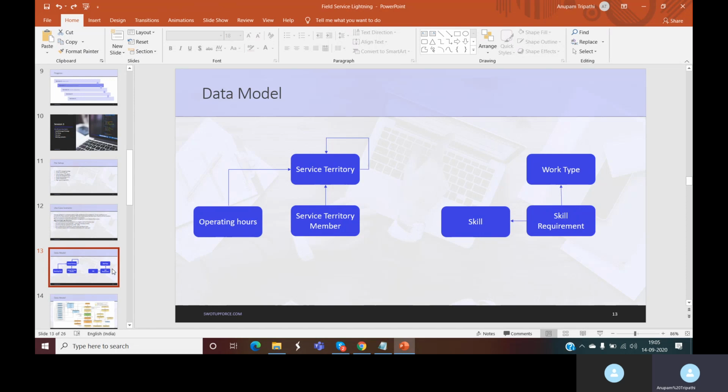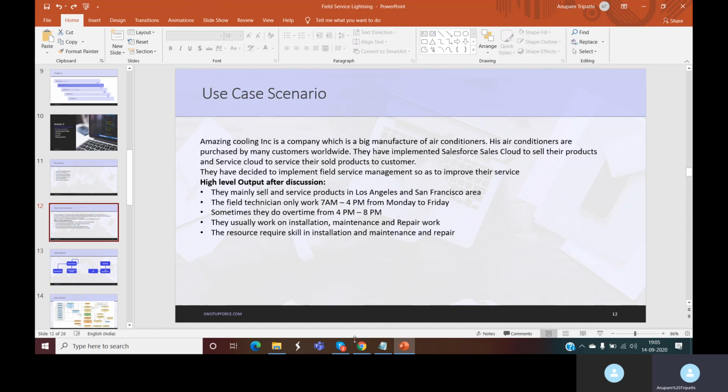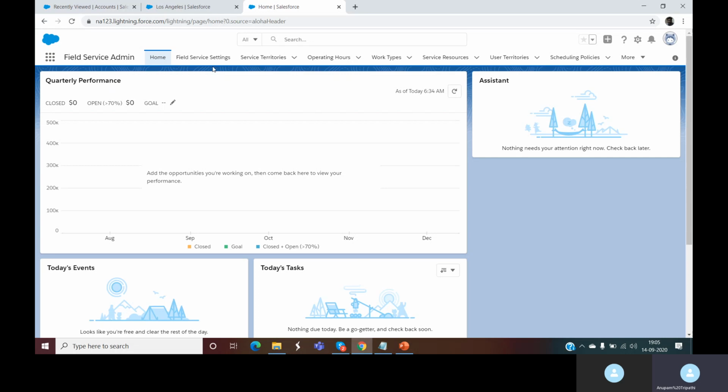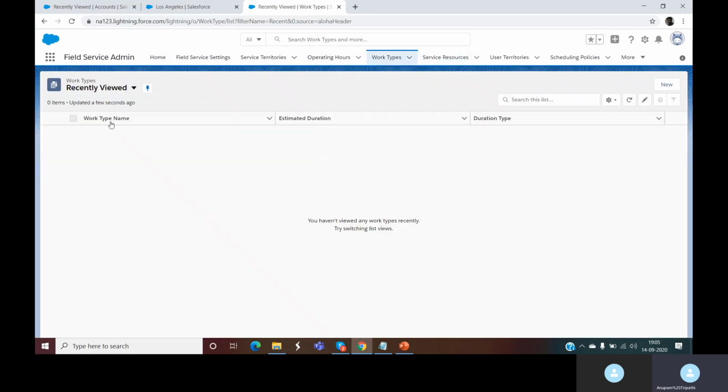This work type serves as a template holding vital information like completion horizon, the skills required, the parts and the estimated duration. So we can also create and see a sample work type and see how we can use it to assign skills.